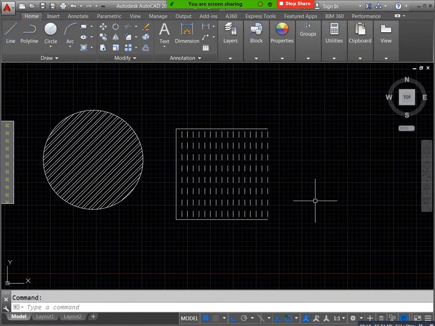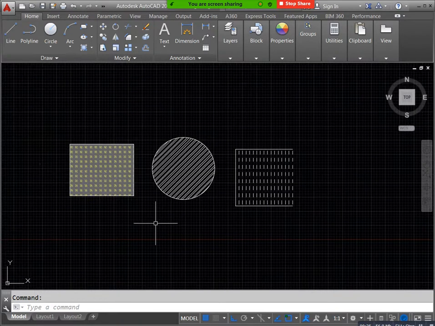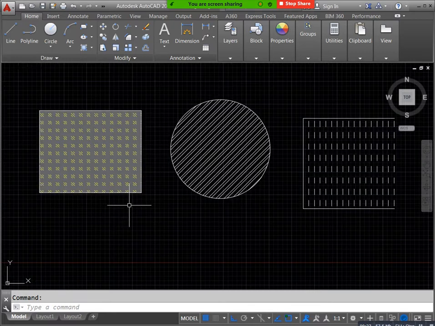In settings you will mention your gap tolerance. Already I mentioned the 10 distance. This point to this point we have 10 distance. That's why I mentioned 10 distance there.